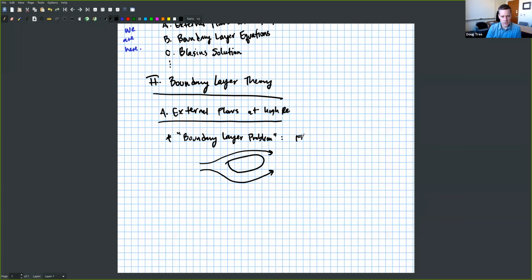Okay, forced convection. Oops, convection around an object. Okay, so for example, this might be an airplane wing. Okay, it's a pretty ugly airplane wing, but it could be an airplane wing. It could be a heated wire. It could be